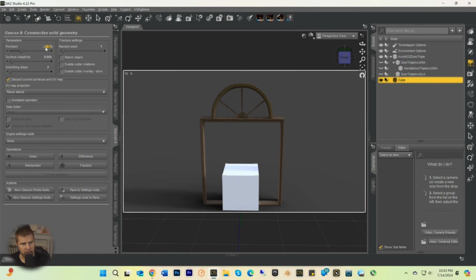Precision of the mesh. Let's go down to 1 instead, and I think if I go lower, then it's tinier precision. I don't know. That's kind of the thought that's going through my head, but I'm not sure. All right, let's go here